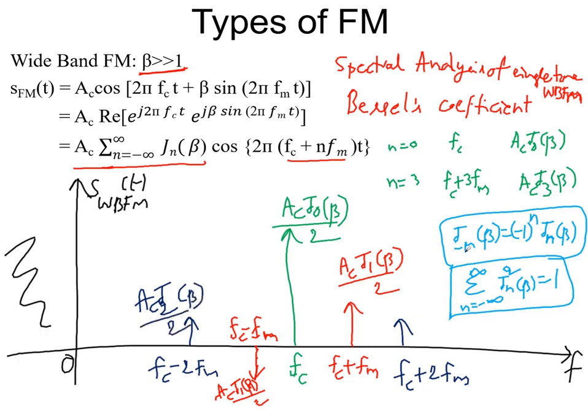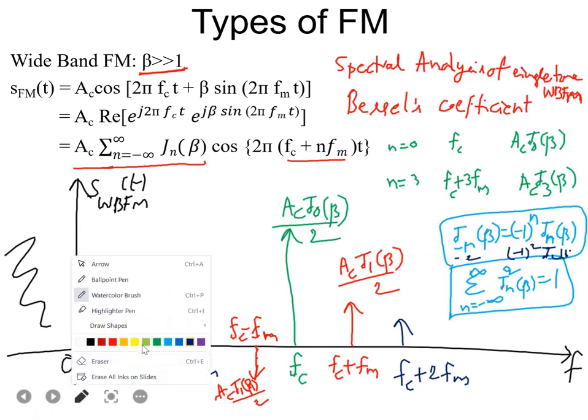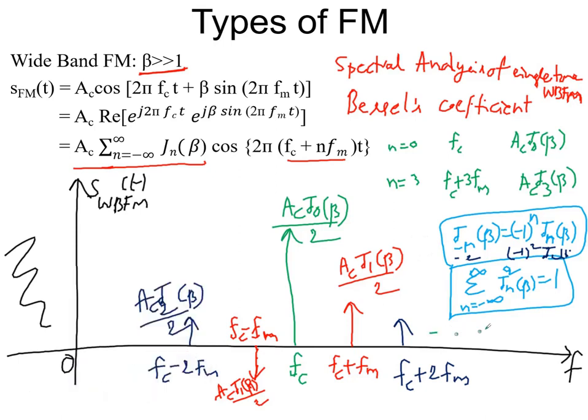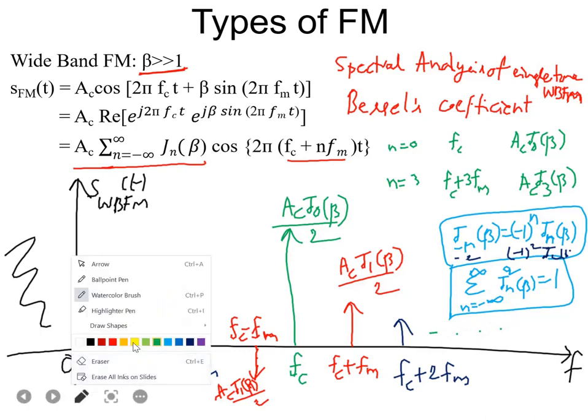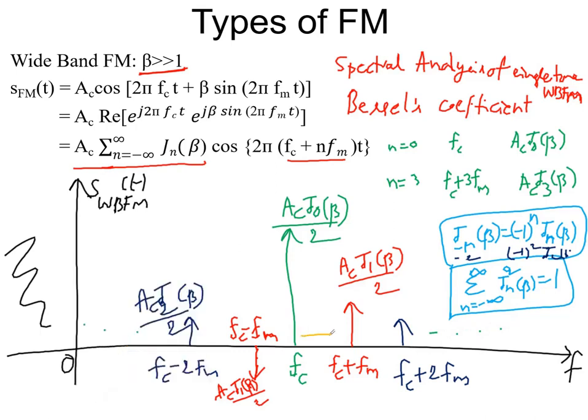Because both are one and the same. From here if you observe, you keep J minus 2, it will become how much? Minus 1 square J2. That's why J minus 2 beta and J2 beta are always one and the same. And the important observation you need to make from here is that you will have sidebands so on and so forth on both sides. And the other important observation is that the difference between the consecutive sidebands is the message frequency,